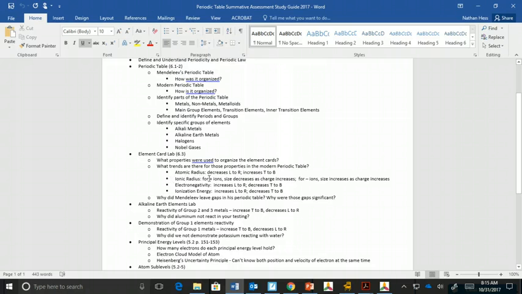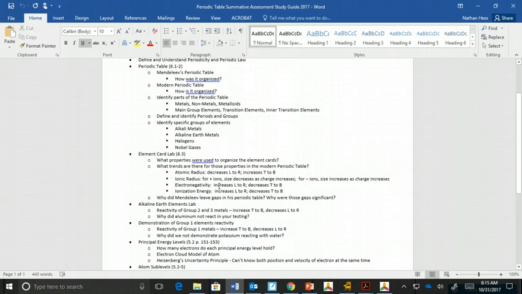Ionic radius you don't have to worry about. We didn't spend much time talking about that. But the point is that for positive ions, the higher the positive charge is, the smaller it gets. So a +3 is smaller than a +1. For the negative ions, the size increases as the charge increases. So my -3s are larger than my -1s.